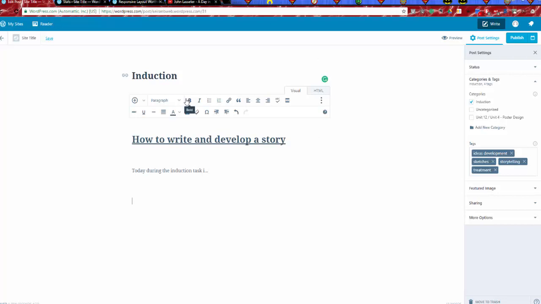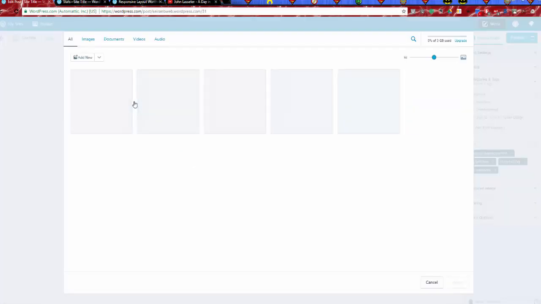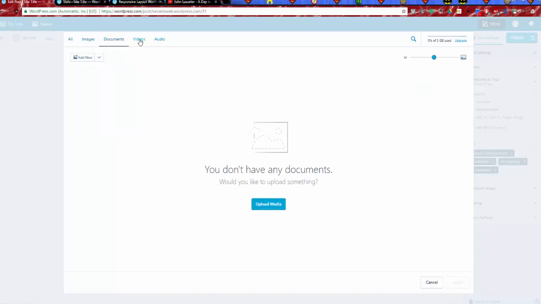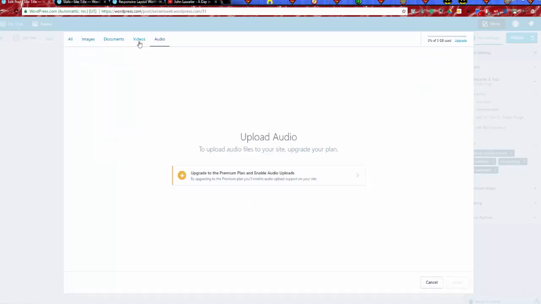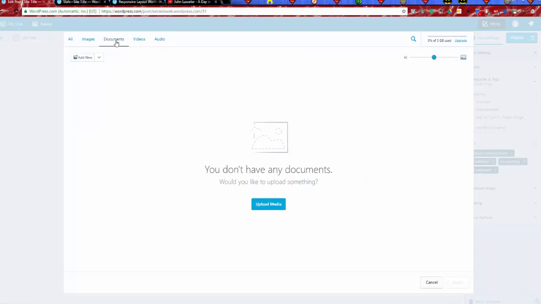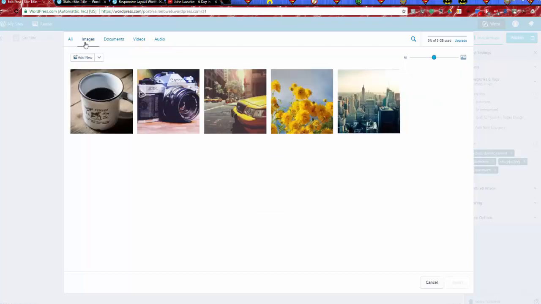There's a few ways that we can do this. If we click on insert content, okay, you can add images, documents, videos and audio. But as you'll see, because you need a premium account for the videos and audio, we might have to actively apply other ways of putting the videos and the audios in if you haven't got a premium account. Now, to do this, it's quite simple. We just use other sites such as SoundCloud for audio, or we might use YouTube